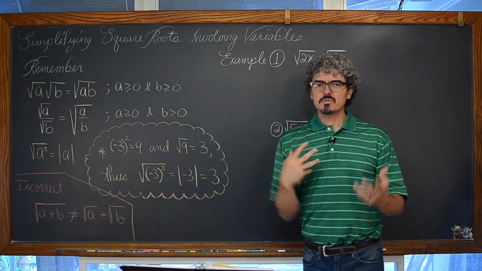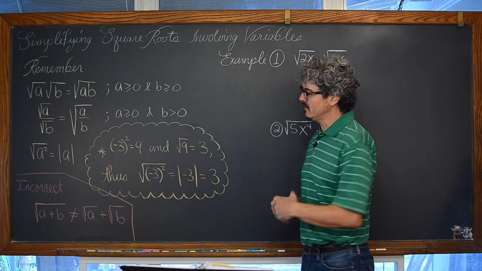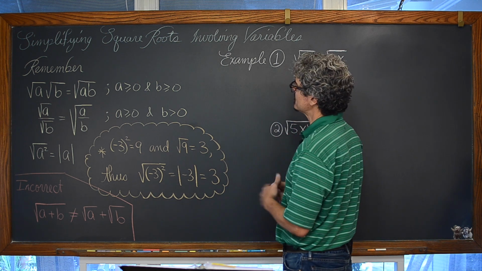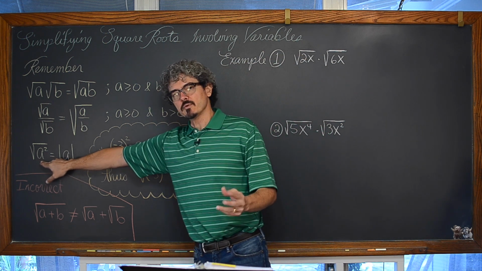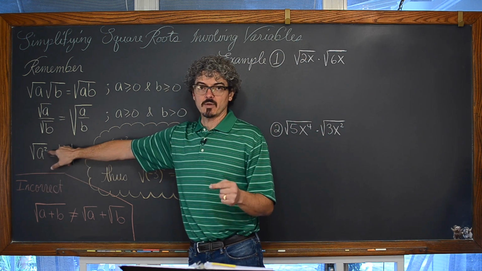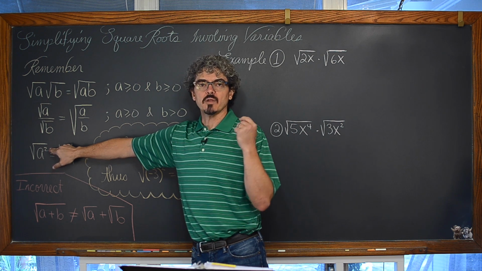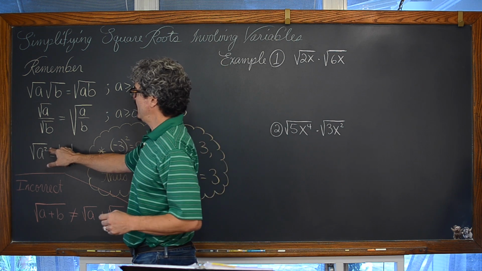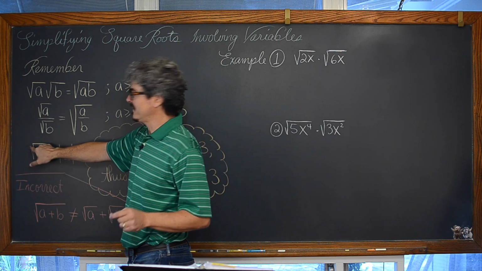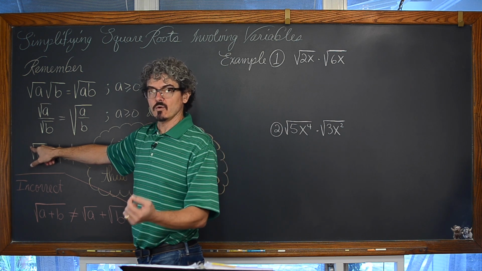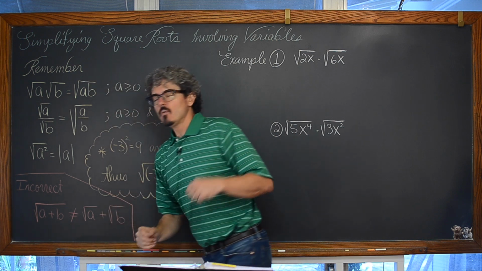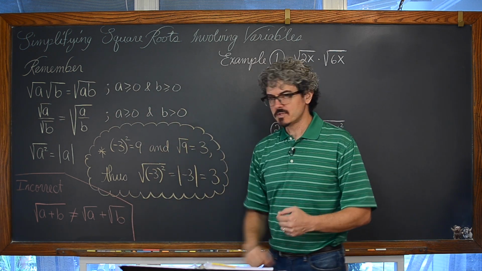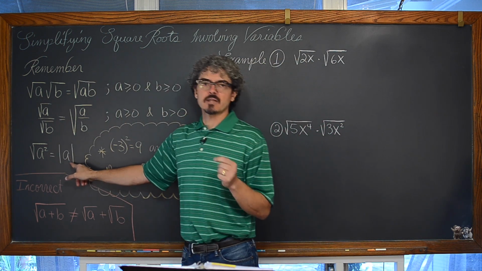And like we just discussed in our other video, simplifying square roots that involve numerical values, the square root of a squared, so we have an even power applied to a variable or a value that is inside of a radical which has an even index, in this case an index of 2, well, that square root of a squared acts as an absolute value function.